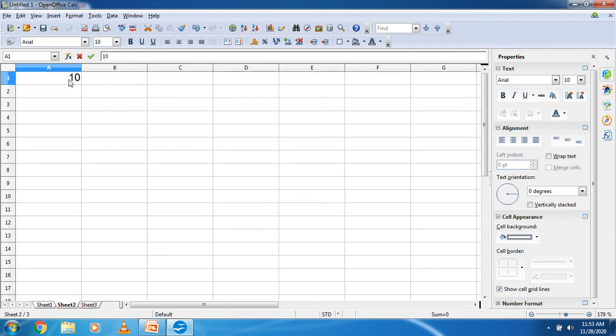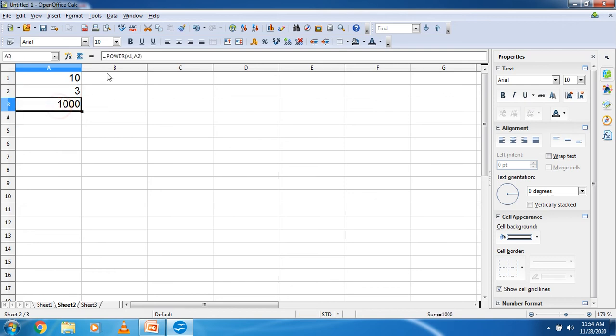The value of number n is 10, exponent is 3, and here I am writing the formula equal to POWER, bracket open, 10, 3. Don't use this comma, use semicolon, then use this 3, bracket close, enter.